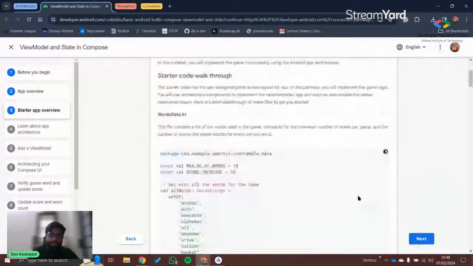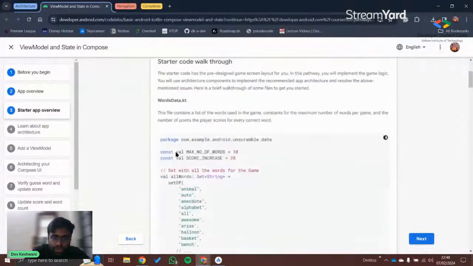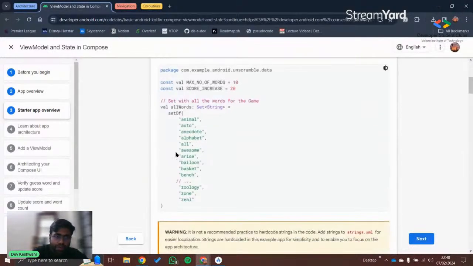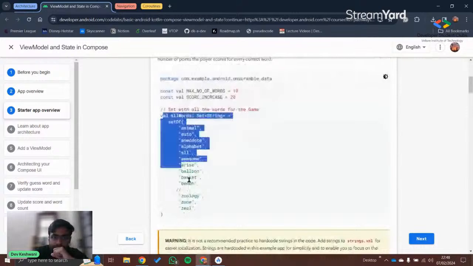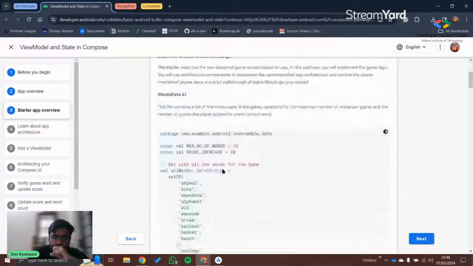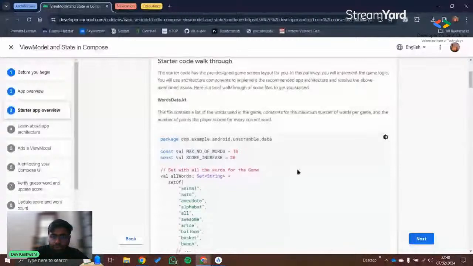Let's start with an overview of the app. We'll open the words data file. You'll see the words over there. There will be a number of words. We'll also have two variables: the max number of words and the score which will be given